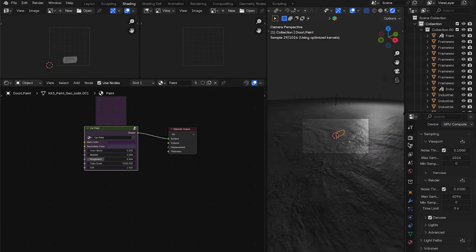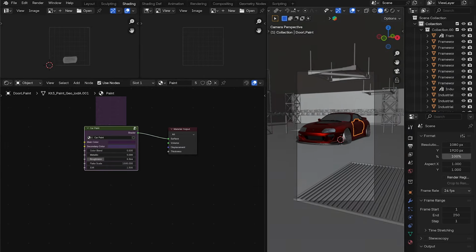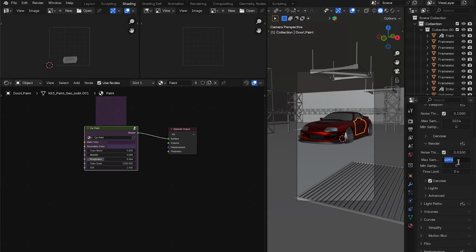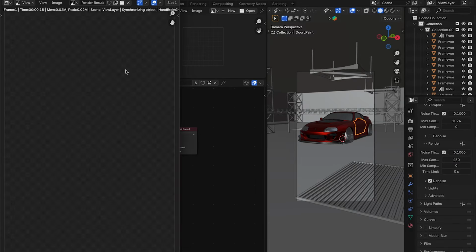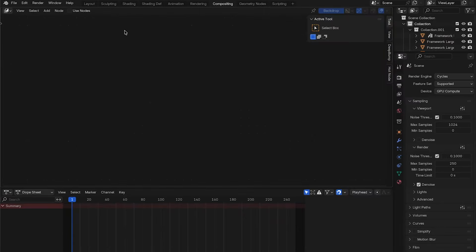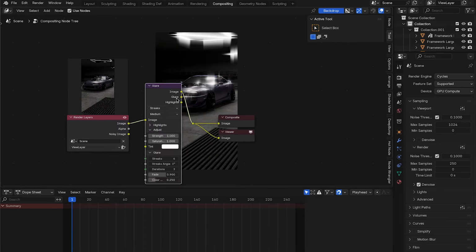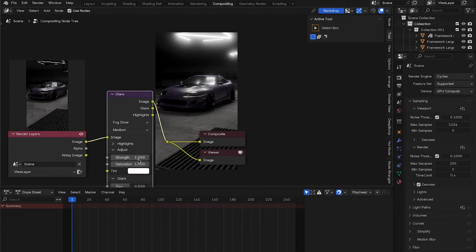Then I'll go to the camera, make it a vertical aspect ratio. And then for the render settings, I'll make the max samples like 250, and I'll make the noise threshold 0.1, and then we can just render a frame. And holy moly, it's floating. But anyway, let's head over to Compositing, click Use Nodes, add a glare node, set it to fog glow, change